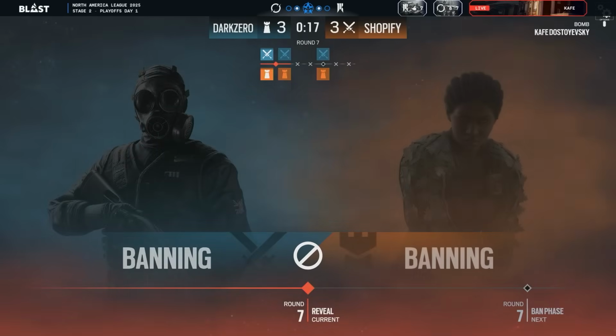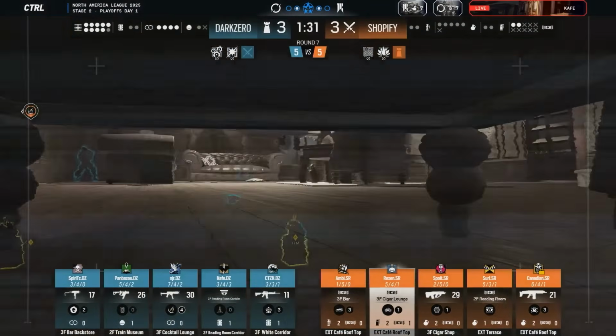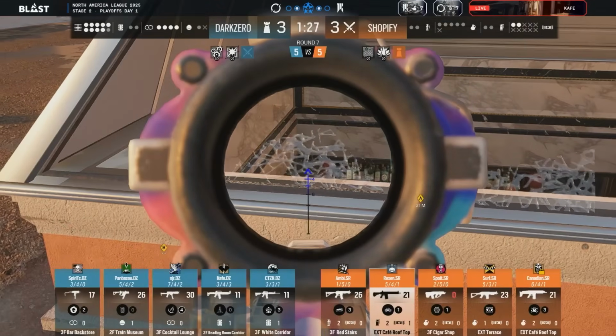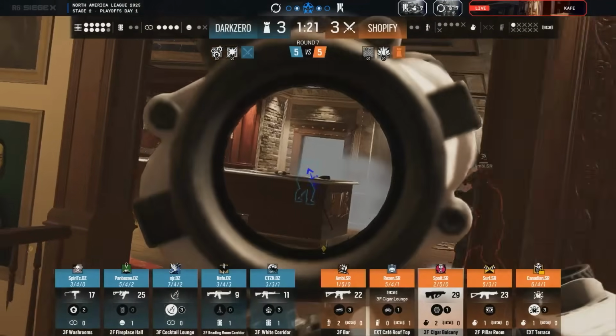No closer to a conclusion, just as we saw in map number 1. Putting Spoit on an operator like Gridlock is a really good decision. Well, putting your fraggers on Gridlock on Kafe specifically is a really good decision because most of the time you're going to put like 2 to 3 Tachanka stingers on or around Red Stairs, and that means they obviously have